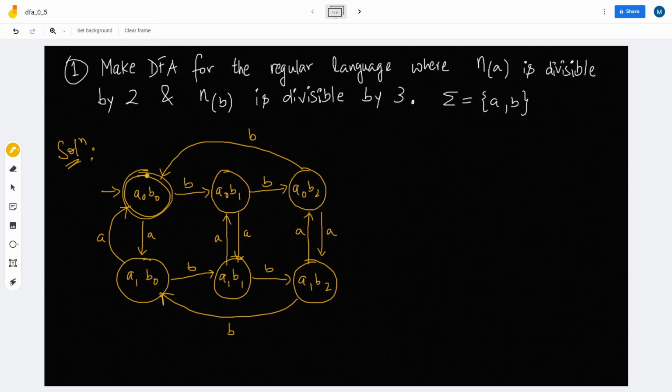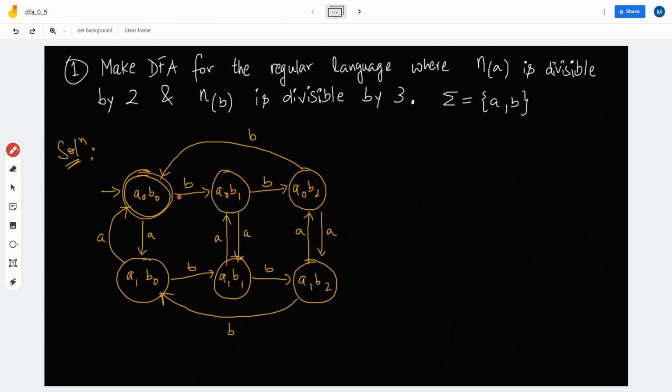See guys, we start from this state. There is always only one initial state in a DFA. So when we increment 1 B, it is A0 B1. Okay. And then if we come down when A comes, it will be A1 B1. Then if another B comes, only then we can move forward, or it will come back up. That means one cycle of A is completed here. So let's see how this works. When there is one A, it comes here, it is not accepted. When A is 2, it comes back to the final state, so it is accepted. Similarly, if there is one B, not accepted, 2 B's not accepted, the third B it is accepted, and 0 is okay.